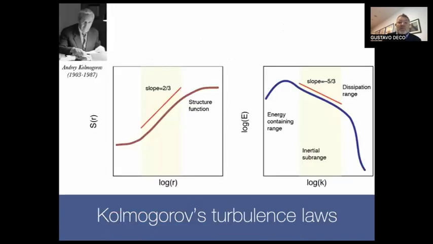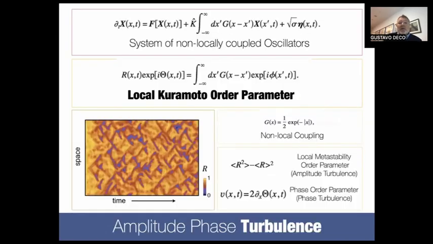In fact, Kolmogorov was able to show very nicely that if you take this structure function, or the functional connectivity, as a function of the distance, he discovered a power law. When you have a turbulent regime, there is a power law that reflects exactly this efficient transmission of energy that he also measured directly, in a particular region that he called the inertial subrange, by the way, or this power law, this efficient transmission of information by using the correlation.